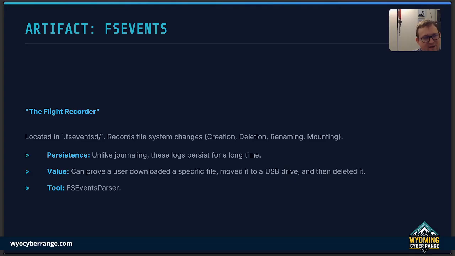Reverse that. This file is persistent. File journaling can get overwritten quickly, right? Because it's normally a rollover file. It is only so large, and once it gets to a certain size, we normally roll over the file. But FS Events D is a persistent drive, and so that's why, as an investigator, this is a gold